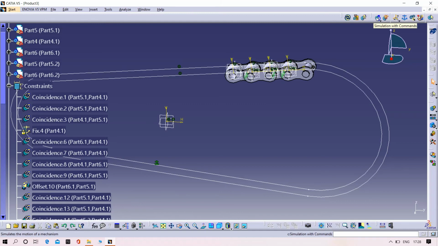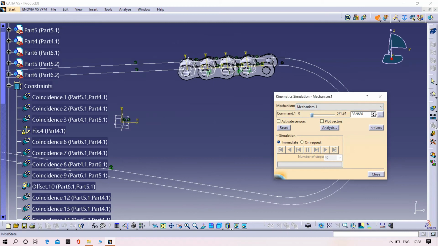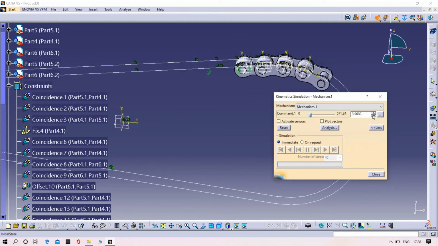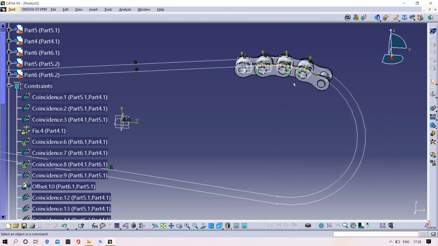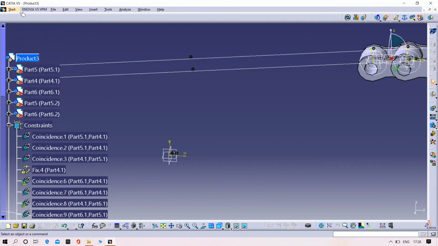Select the simulation with command. Then try to adjust your links. These links will be adjusted to this curve. Then continue the assembly.